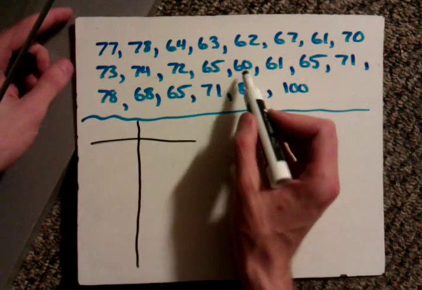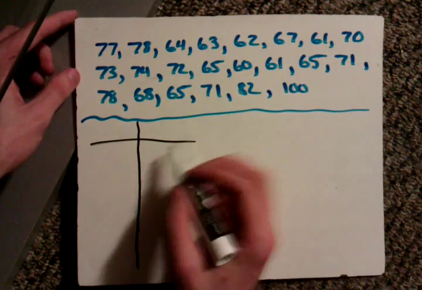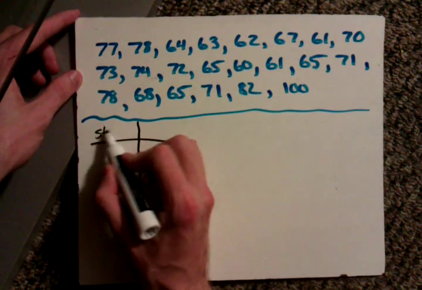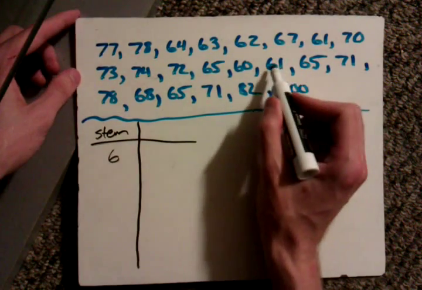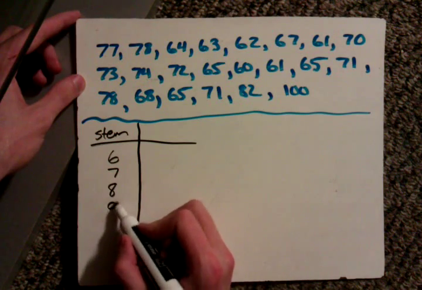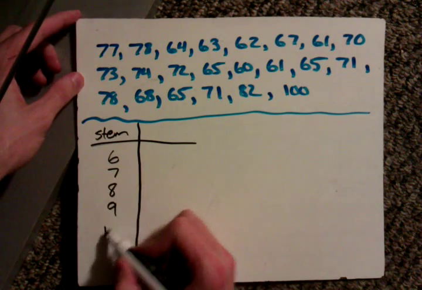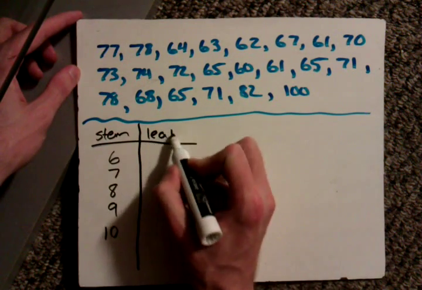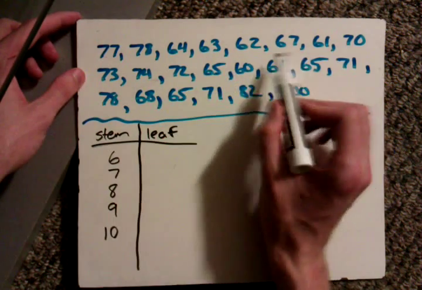So most of our numbers here either start with a 6 or 7. I think the lowest we have is a 60, so our stems are going to start with a 6. We also have a 7, an 8. We don't have any 9s, but I'll write it up there anyway. And then we have a 100, so we'd start with a 10. And the leaves on those, well, I have